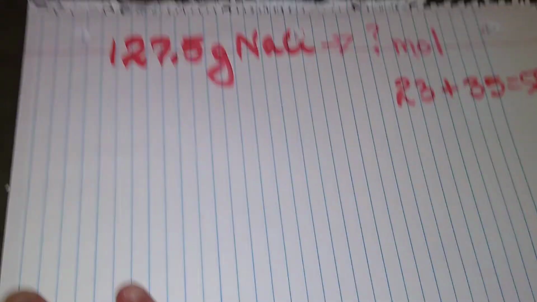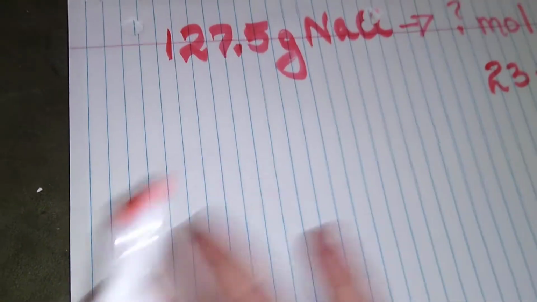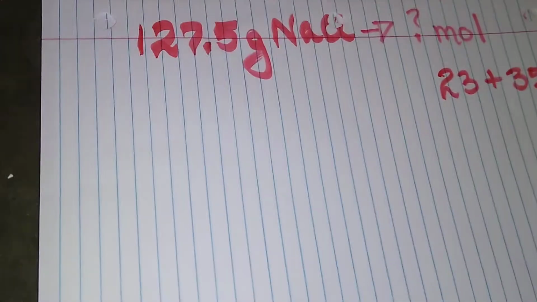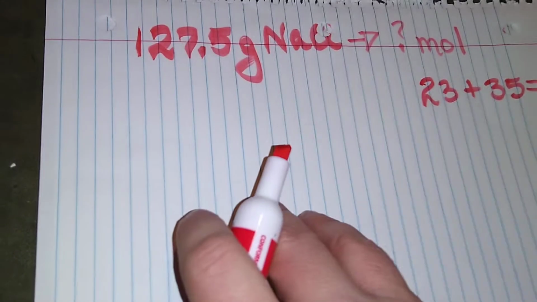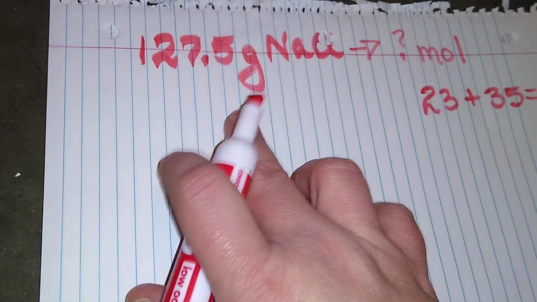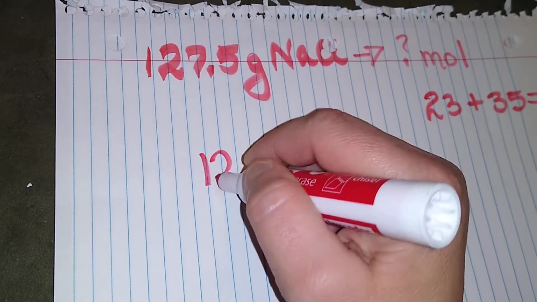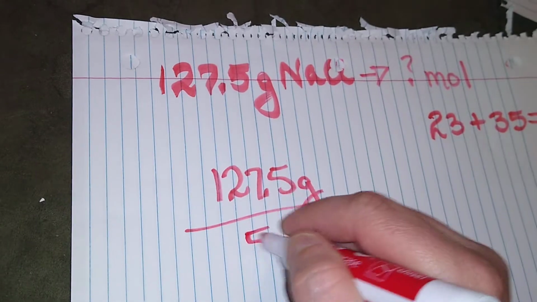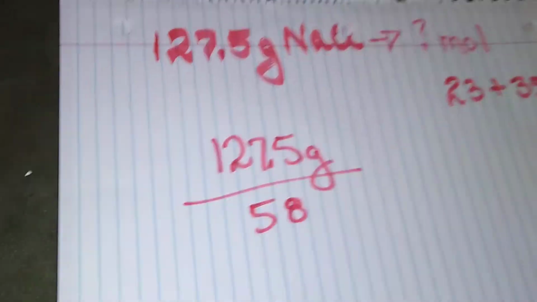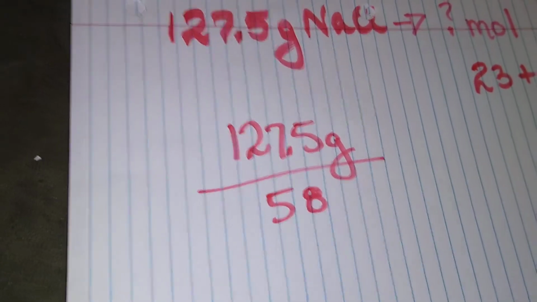Now, we were given grams, and we only multiply when we have moles. M&Ms. So moles multiply. Are we given moles? No, we have grams. So we're going to divide this time. So we're going to take 127.5 grams and we're going to divide by our 58. All right. Now we're going to get a number